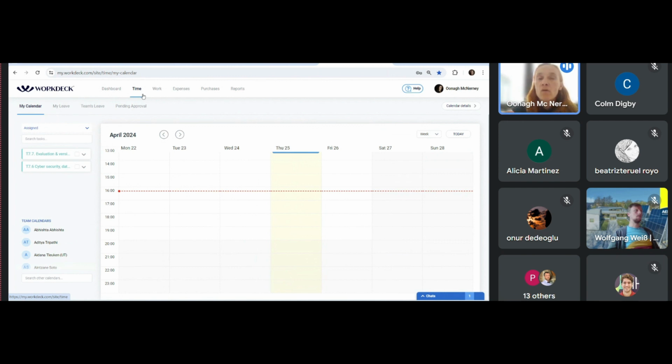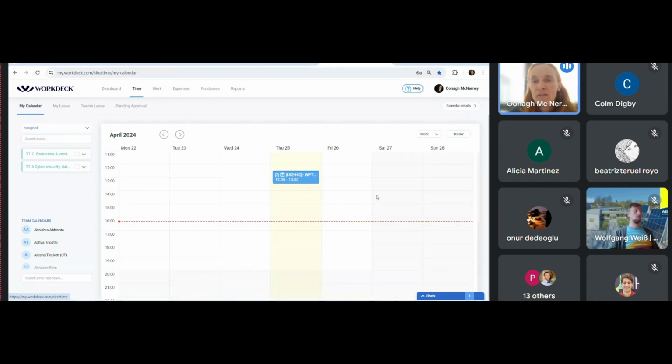So we all have our own calendar in Workdeck. Just to say that if you wanted to synchronize the calendar in Workdeck with your Google Calendar or your Microsoft Calendar, you can do so. And I'll show you in a moment how to do that. But your calendar could be useful if you say, okay, have I anything coming up this week? It might be a meeting or event, anything coming up that's linked to this project,